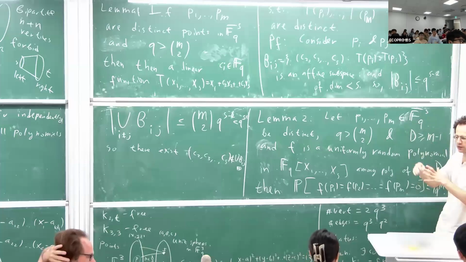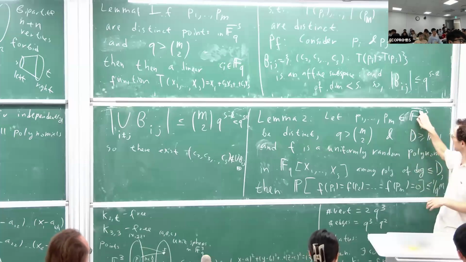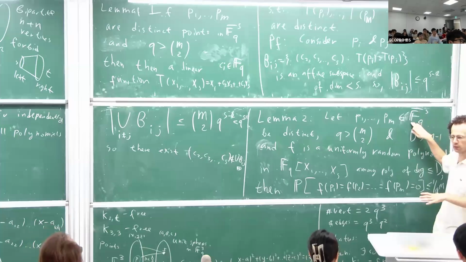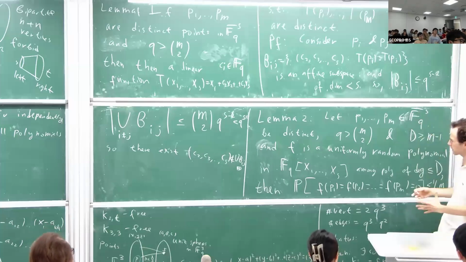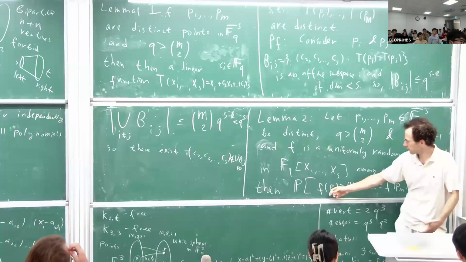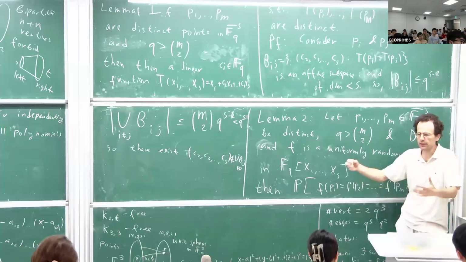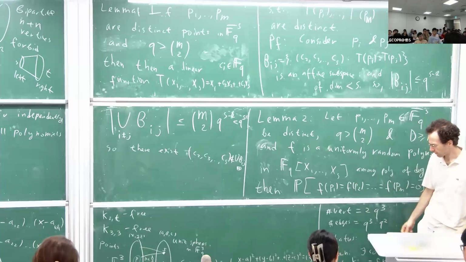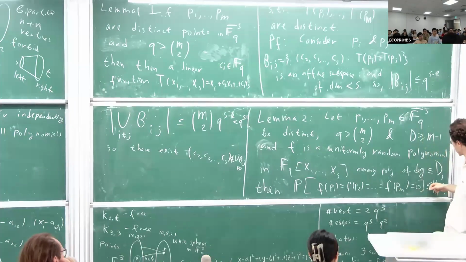So basically all coordinates are in the original field, not in this bigger thing, but just in F_q. And I'm choosing a random polynomial, and I'm asking, does this polynomial vanish at this point, or does it not? Well, then the probability would be exactly 1 over q, because,